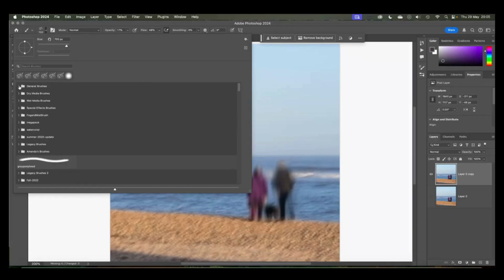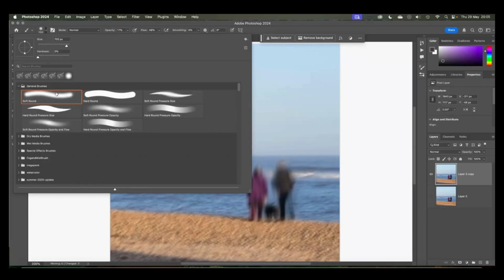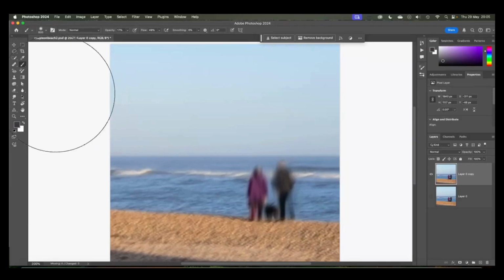Very often people will use a radial gradient to draw attention to their subject. Excuse me making my brush a bit smaller here. They'll use a radial gradient or something like that to try and draw attention to the main subject of their image. This is a different way of doing that, and one that I really love, especially for ICM edits,